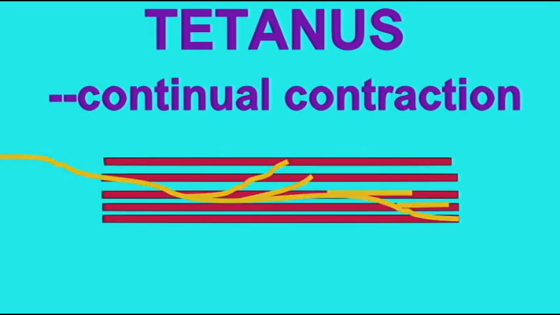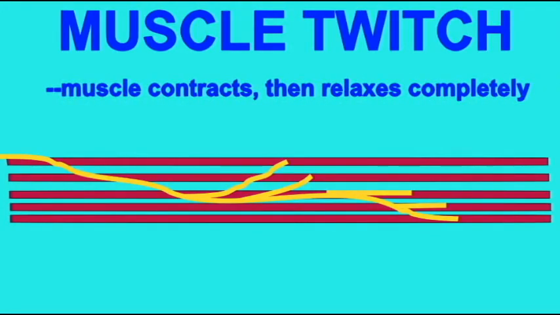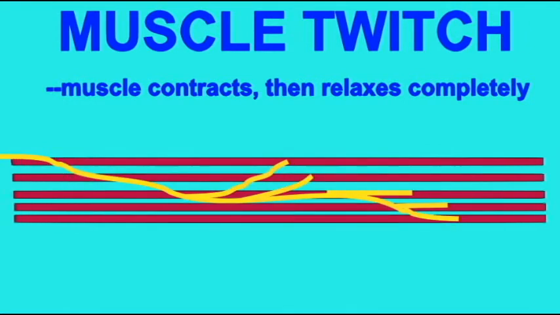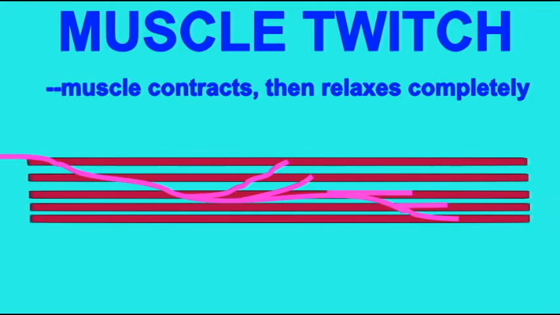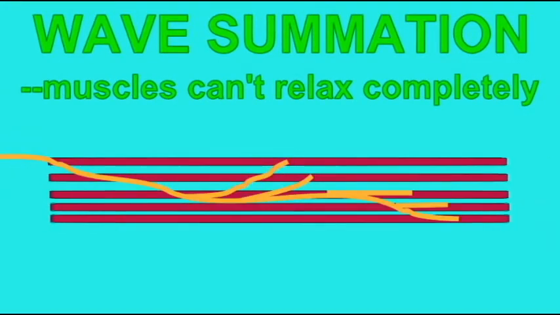So a muscle cell would partially relax before it started a second contraction, and then potentially partially relax again before it started a third contraction. This is what's known as wave summation, when the increased frequency of nerve cell messages do not allow muscle cells